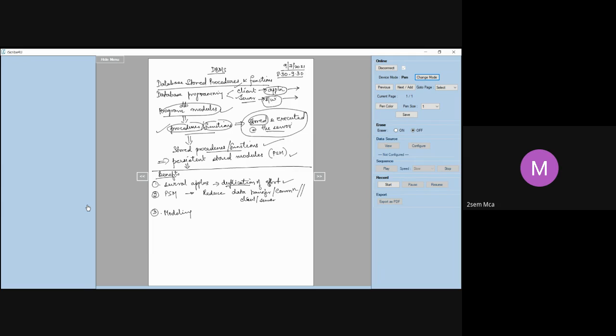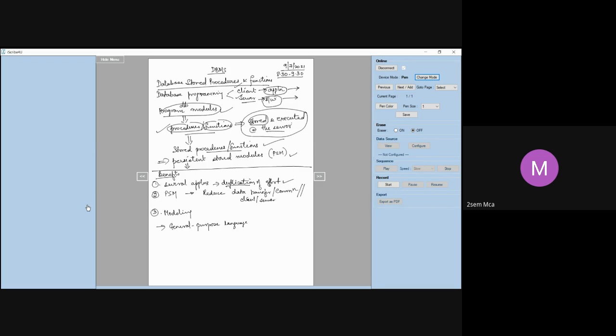Many of the commercial DBMS allow stored procedures and functions. Even Oracle allows stored procedures and functions. You can write these stored procedures and functions in a general purpose language. You need not write it in a query language. You can write it in a general purpose programming language like C, C++. No problem.